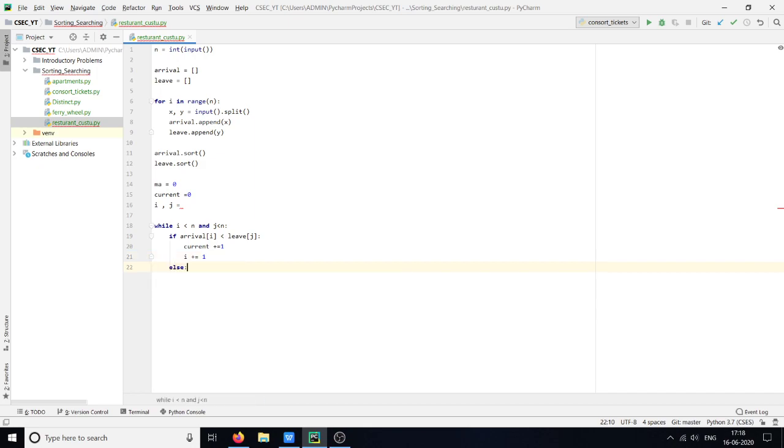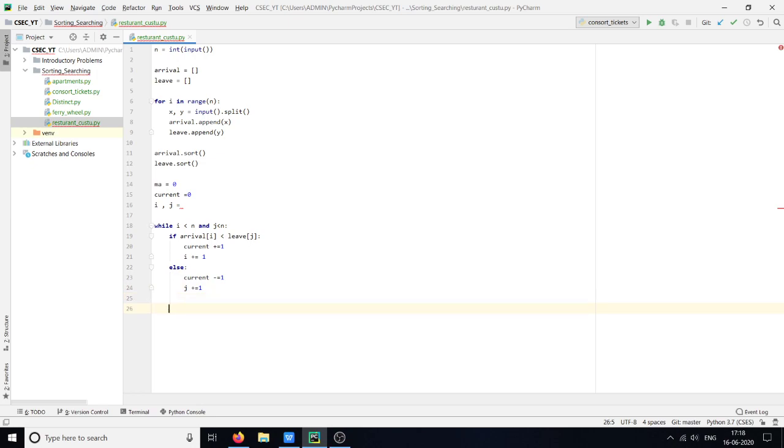Now else, if this condition is not true, then there must be a customer who wants to leave. That's why a customer will be subtracted from the current customers in the hotel, and j will be incremented by 1.